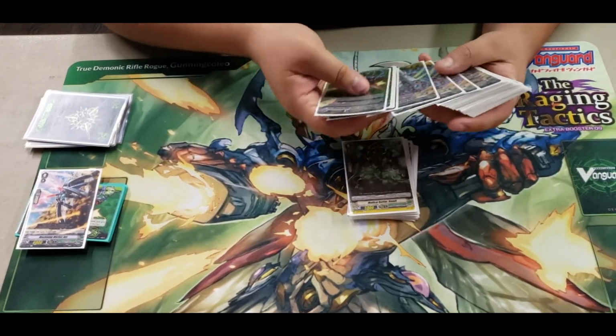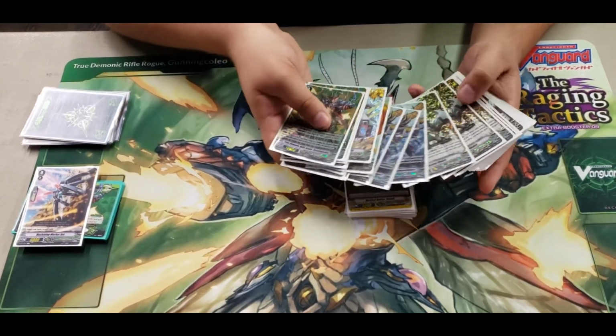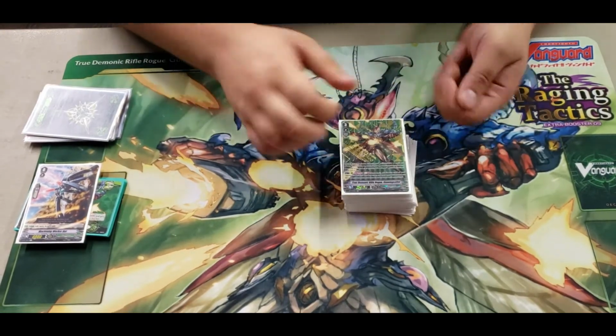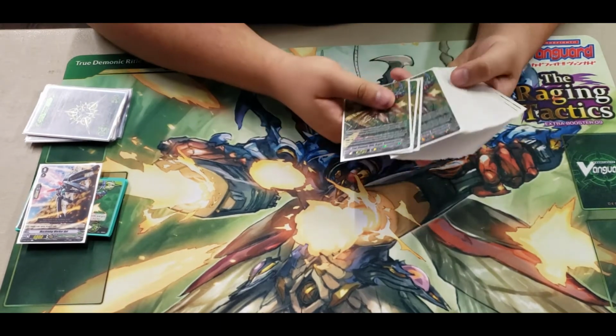You have plenty of draw power, plenty of combo power. They have no retiring, so your cards stick on the board, so you can hold cards in hand to guard instead of calling your units. So against that, I feel like it's really good. Against God Hand,